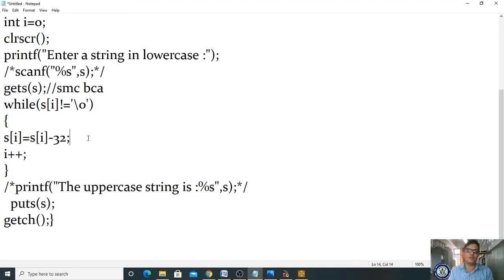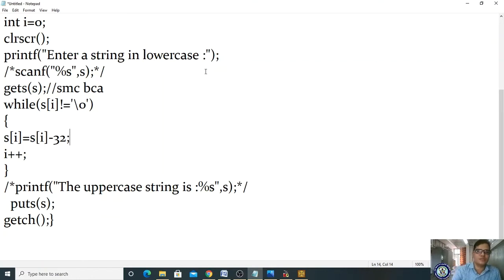So 26 plus 6, 32. Got it? So what is the s of i value? The s of i value is a small s. Small s has some ASCII value. If you process it with minus 32, automatically it will come.